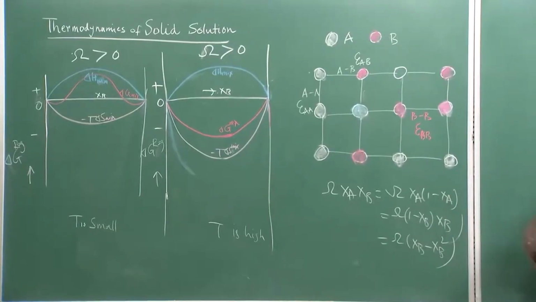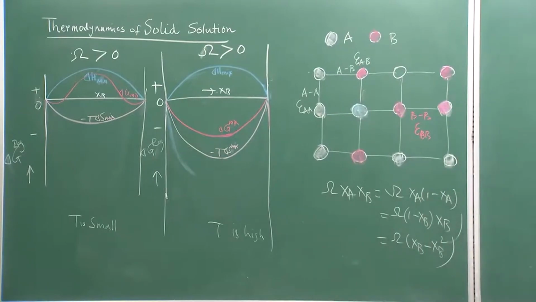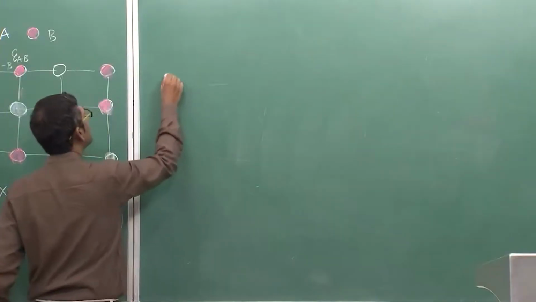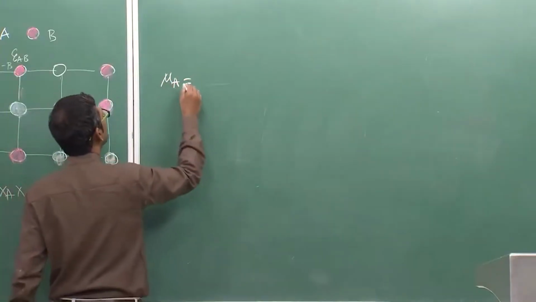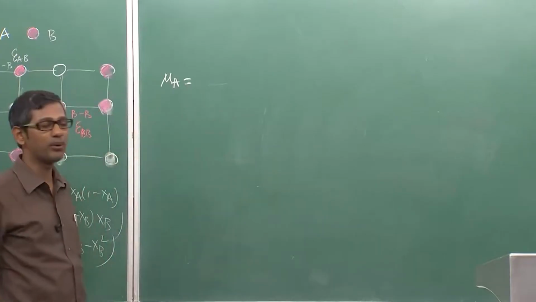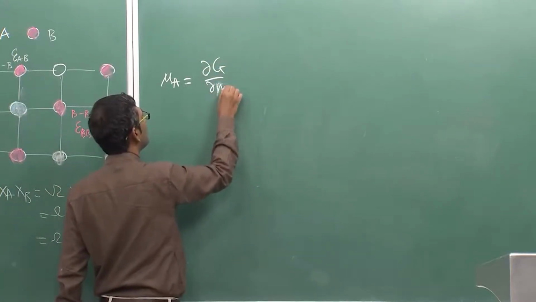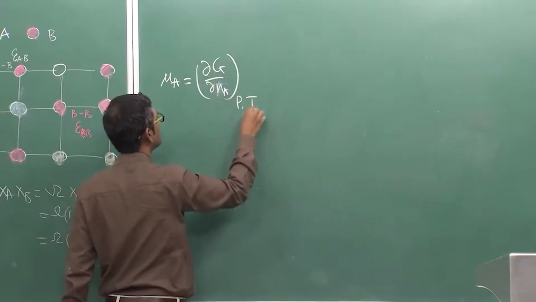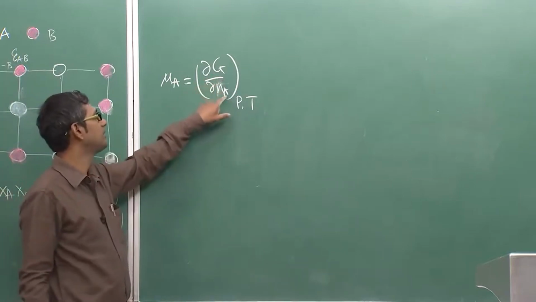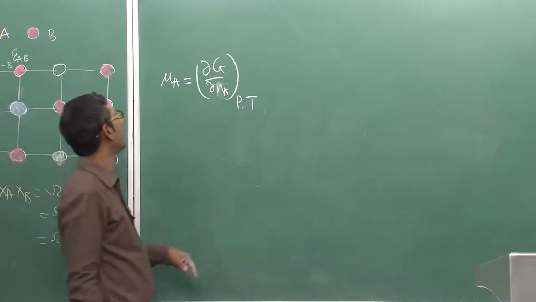So, that means what? Graphically we have seen how to determine chemical potential in the last lecture, even the last to last lecture also, but mathematically we should also know how to calculate chemical potential. So, chemical potential, as I told you, comes basically because of the free energies, it depends on the compositions, and we know that chemical potential is given by this function. At a constant temperature and pressure it is nothing but the derivative taken for G as a function of Na, where Na is the number of moles of A, and this can be again converted to